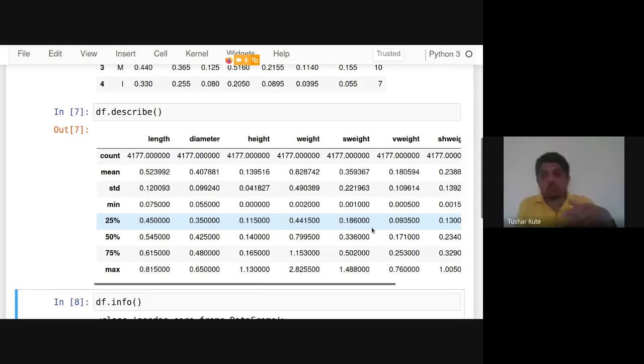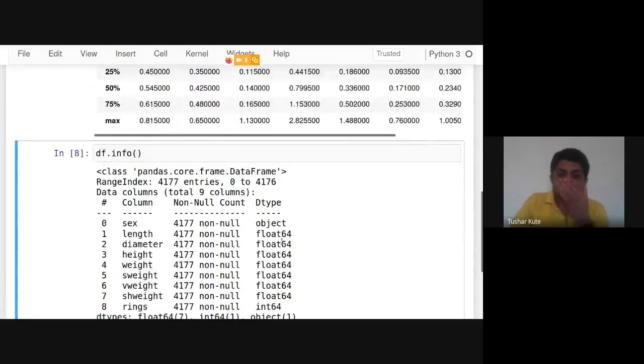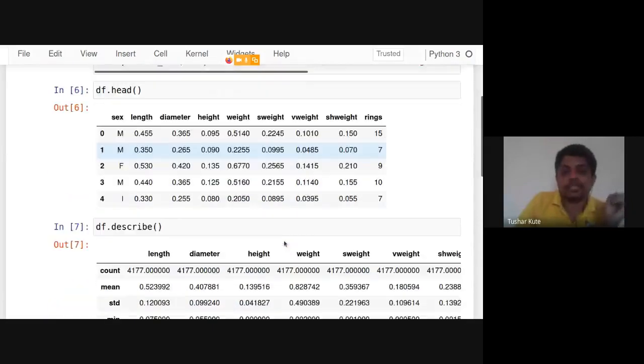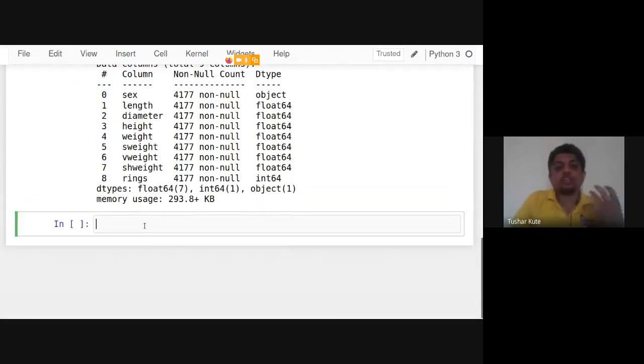Fine. Describe and info will summarize your data set. Correct. So till this it is done. The tasks that we have done are completed. And the next important step is to split your data into train and test format. So training data will be like 75%, testing data will be 25%. We'll use the test data to check the effectiveness of the algorithm on that given data. So rings and the remaining 7 variables, whether they are related by some model or not, that we can find.